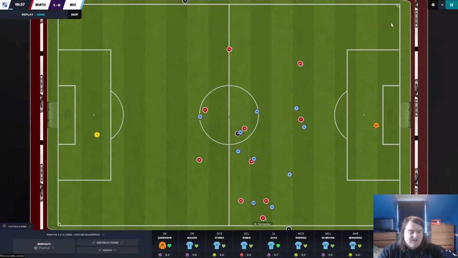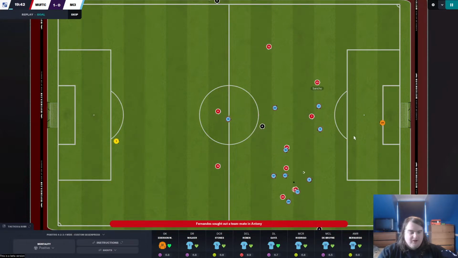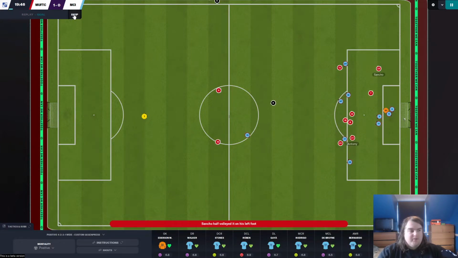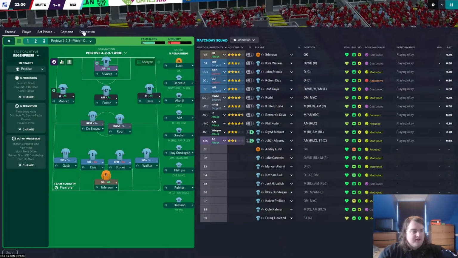We'll see it here in the 2D angle. But Walker too busy keeping an eye on Ronaldo. And Sancho is in behind. And it's a really good finish across Ederson. And we are behind at Old Trafford. And we've showed no real sign of